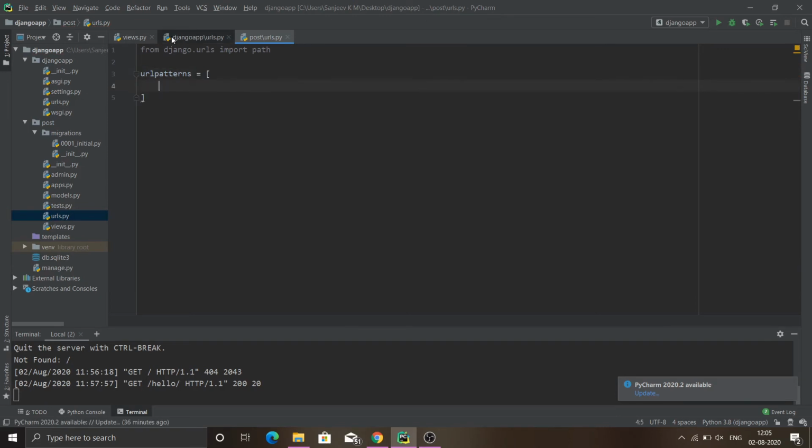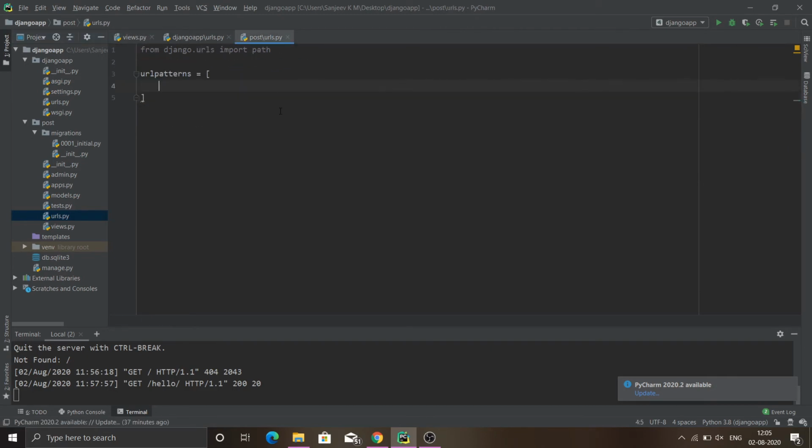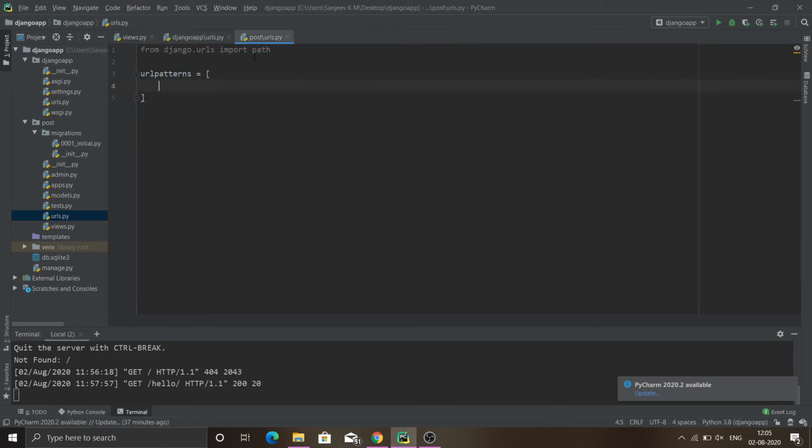So in here, let's actually map our hello view in our post urls.py file rather than doing it in the Django app urls.py file. So let me copy this and paste it in here.